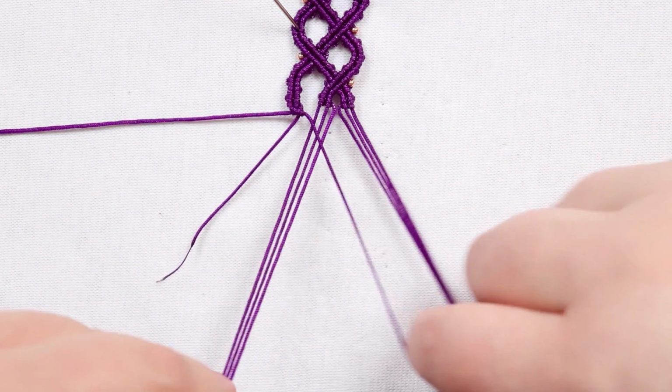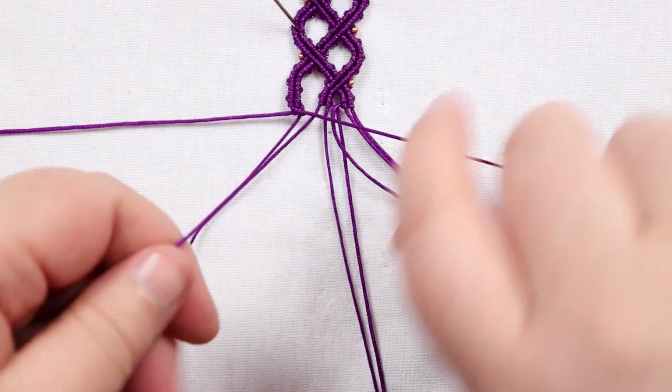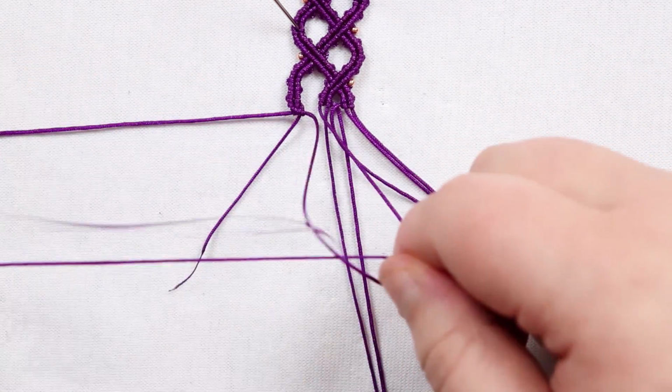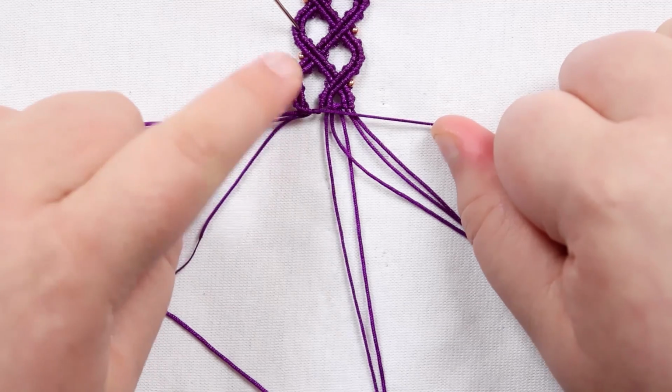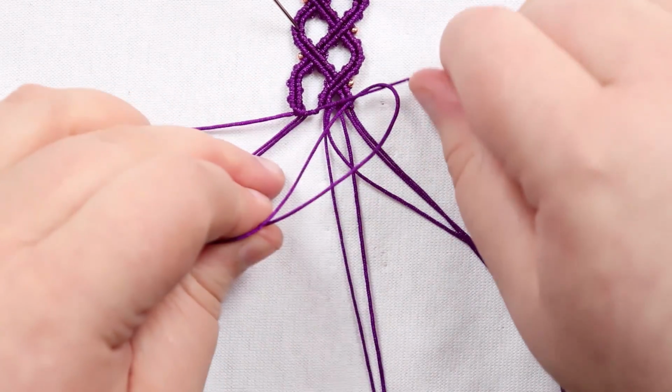Just separate out the cords here. Go on to the next group and take the very first cord that you run into, and then just use that as your next working cord. And that then connects them together. And then also choose that straight line underneath them all,